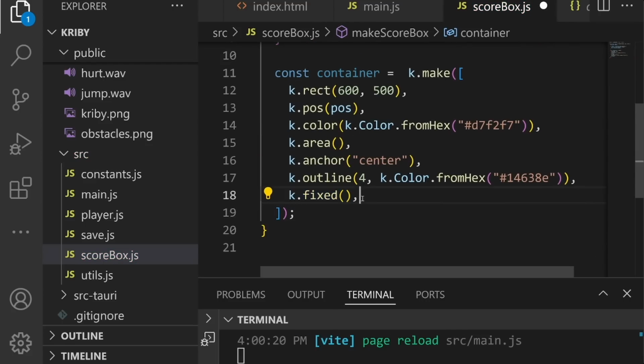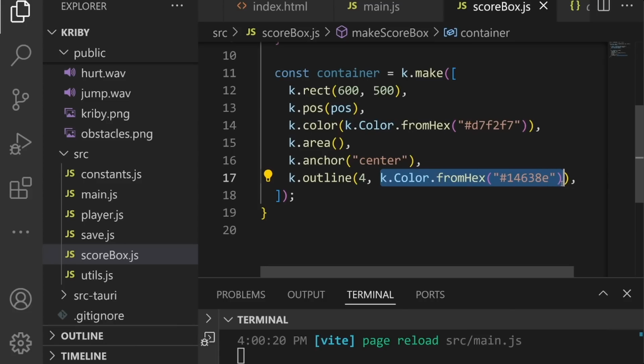And the reason I want this fixed though is, because here it's important to have it fixed, independent from the camera, because depending on where the player is but actually, never mind, the camera shouldn't even be moved in the first place, so there's no need for that. So here, nothing new, except for the outline component, which creates an outline